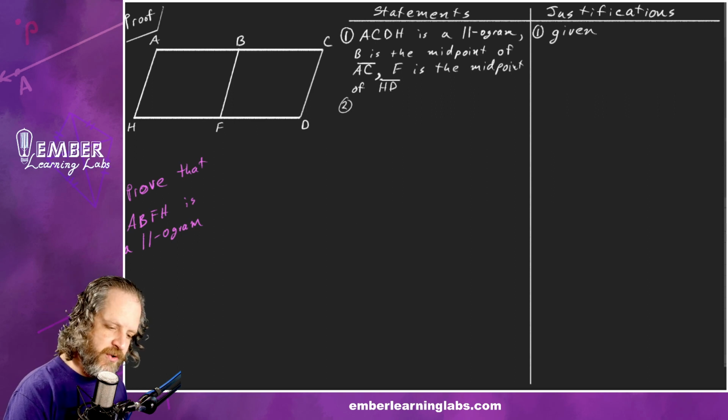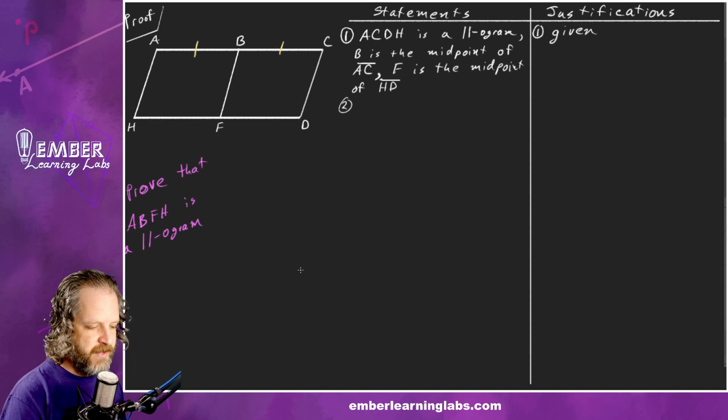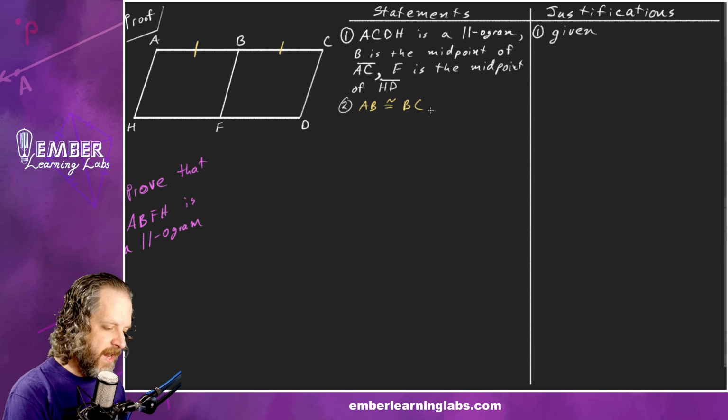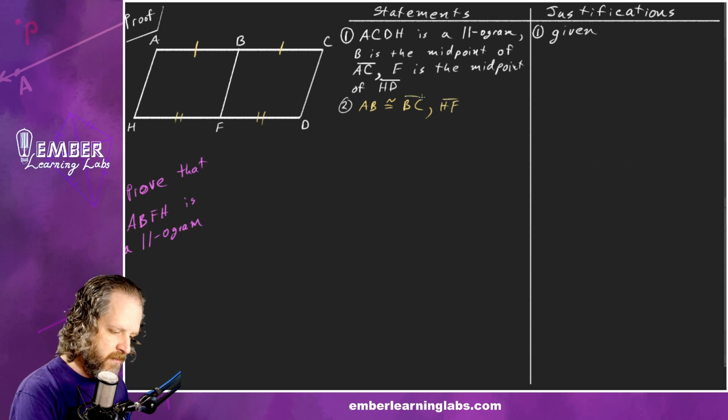Let's say that AB is congruent to BC because of the definition of midpoint, right? By the same thing, I can say this is congruent to that, so HF is congruent to FD